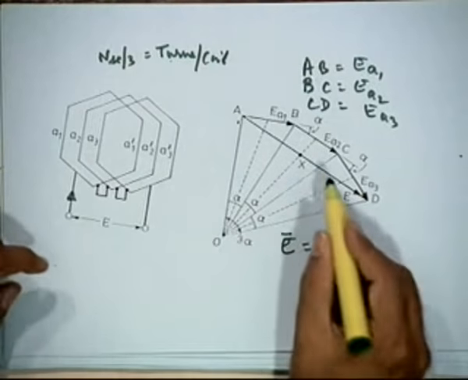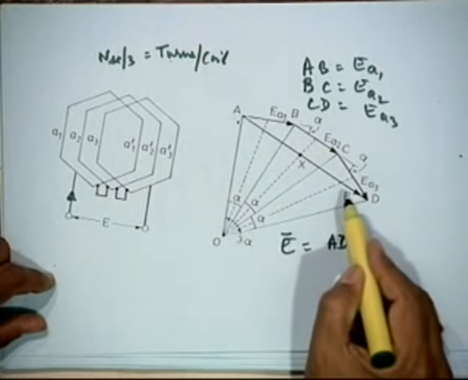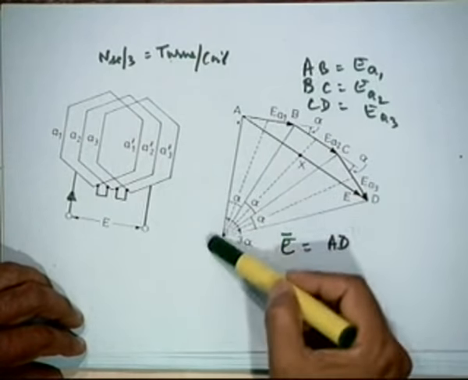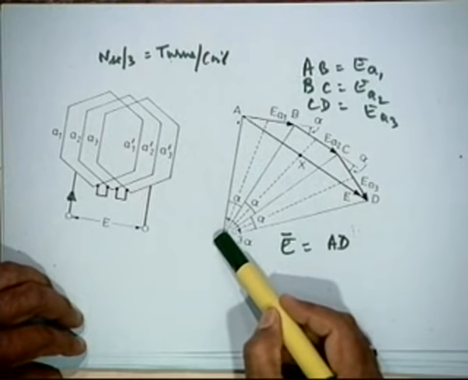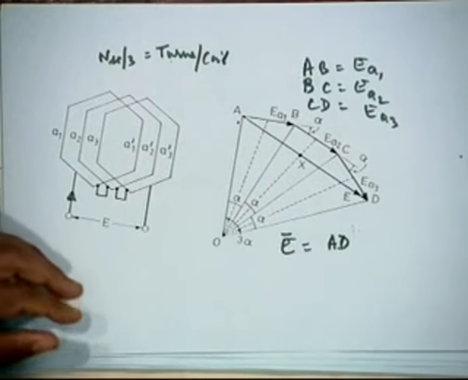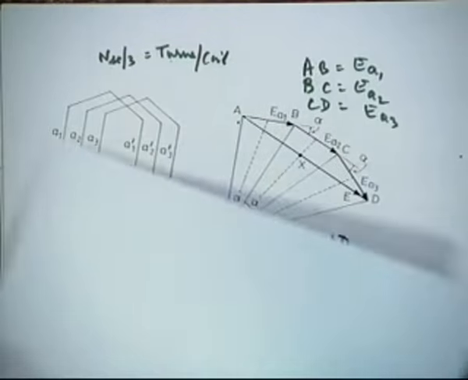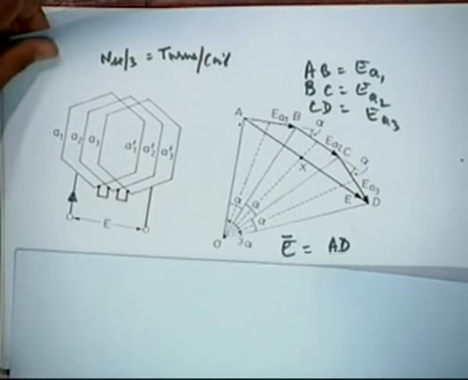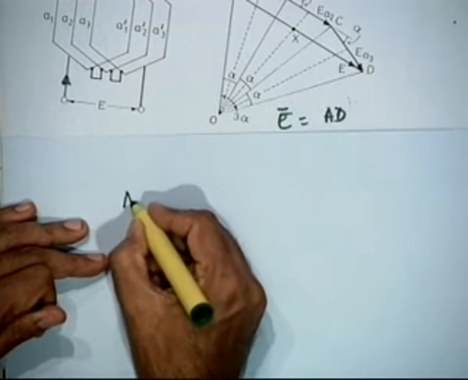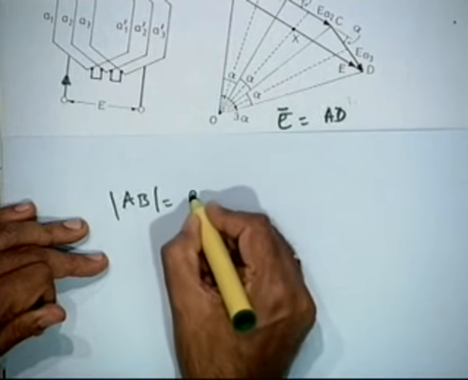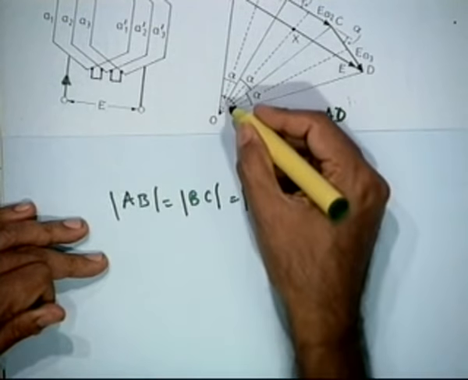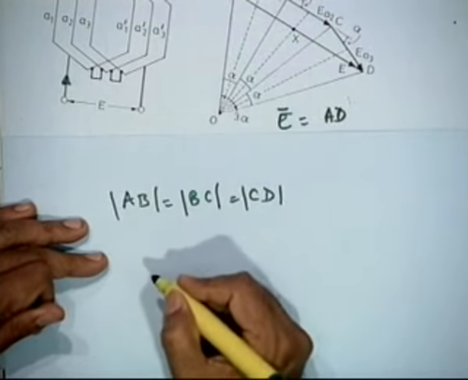These are again identical, equal voltages. To find this, you take a perpendicular bisector for each of these phasors, and they will all join at O. You will do a simple calculation like this. The magnitude of AB is the same as the magnitude of BC, which is the same as the magnitude of CD, and in terms of this side OA,